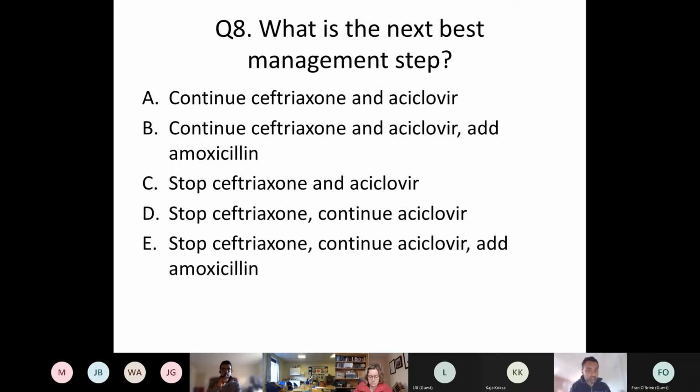So actually, based on what we've said, if you had to make a decision, what would you do? Who would just carry on everything until they know a bit more? And who would think, right, actually, let's be pragmatic, she's pregnant, we don't really chuck drugs out that we don't need to. Would anyone stop everything? Anyone be brave enough to do that?